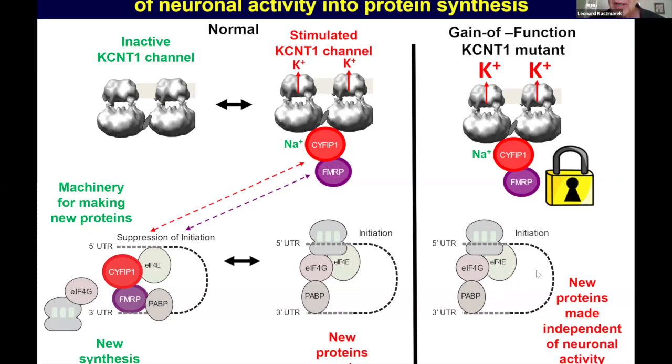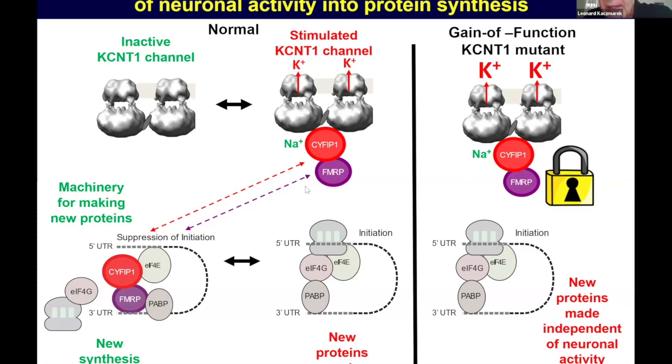And we've also measured the rate of translation of actin and other proteins in the wild-type case and the gain-of-function mutation case. In the wild-type case, when you stimulate the neuron, you stimulate translation. In the mutant case, this translation is already being stimulated. There's a constitutive increase in the translation of the sodium channels and actin and almost certainly other proteins. When you activate these further, when you stimulate them in a neuron, you can get a slight further translocation, but it's much smaller than what you see here.